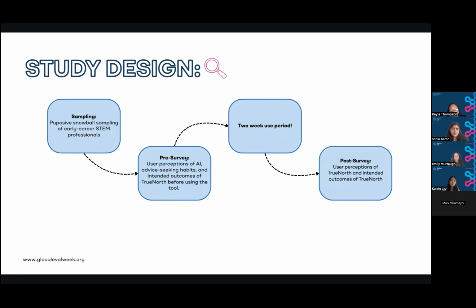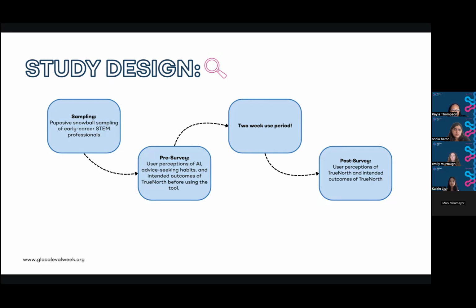In order to answer these questions, it was a collaborative process. In fact, the original design that we brought to the TrueNorth team was not what we ended up going with. So we went back to the drawing board to produce something that would be useful to them, not just what we thought would be best. But of course, in this collaboration, when we made different design choices to meet their needs, we were also sure to flag any potential limitations that could come up just so that they could be aware.